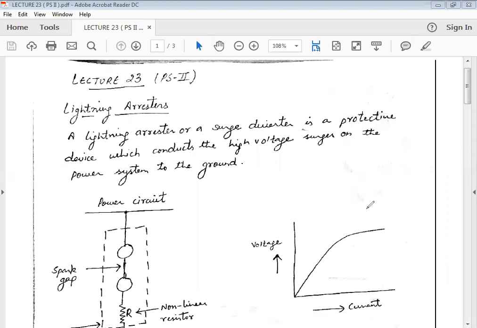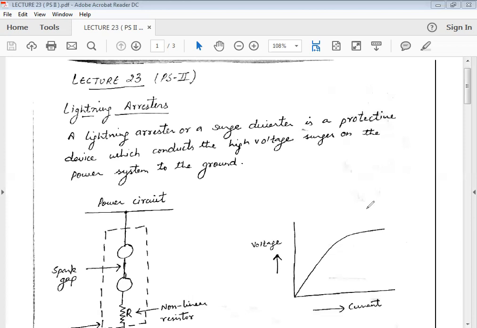This is the 23rd lecture for the subject Power System and Tool. In the previous lectures, we have been discussing lightning. For the last 2-3 days, we discussed the concept of lightning, the mechanism involved behind it, and the various types of lightning strokes, categorized as direct stroke and indirect stroke. Yesterday we discussed the harmful effects of lightning and the protection schemes available for protection against lightning.